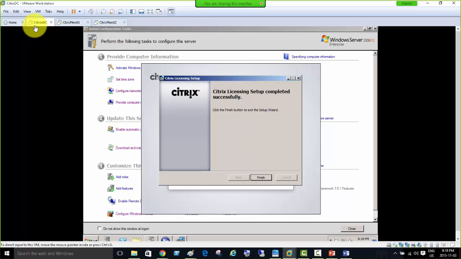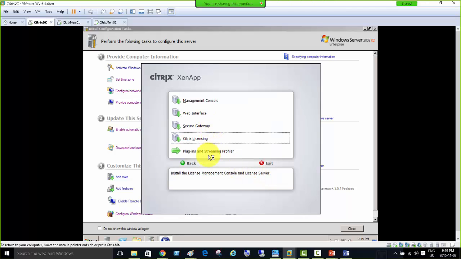I'm back on the Citrix DC now, and I'm checking the Citrix licensing setup, and it has reached finish. So I'm going to click finish, but be careful, guys. After that, there will be another window appearing here, and we need to wait for that window to appear. Do not click any of the other buttons here. Well, if you do click, the window will just go back here, right? But anyway, let's wait for that extra window to appear where it's going to ask for the admin username